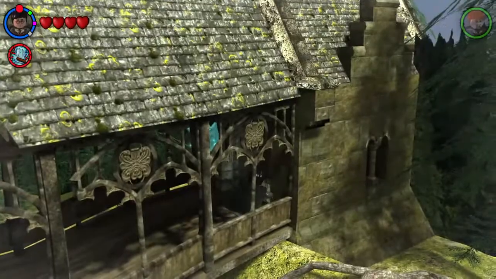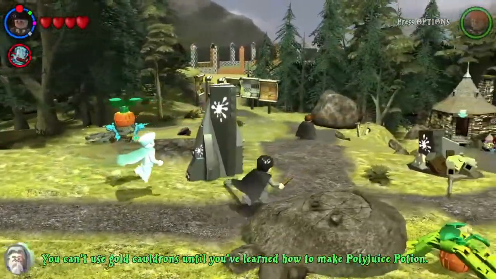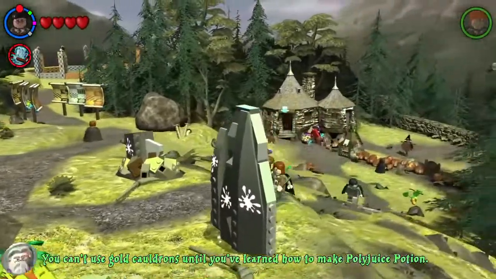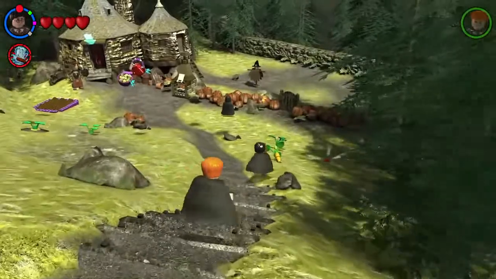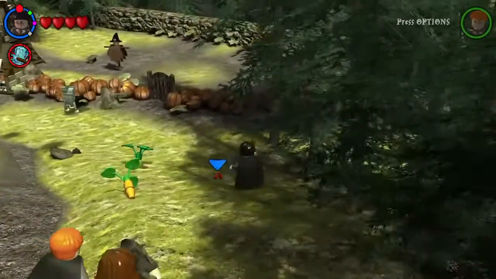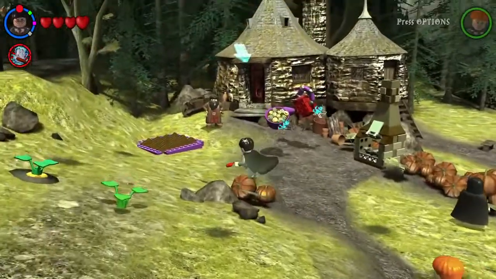Then, yeah, we're finally going to Hagrid's hut. And Ron sees what he really wants, which is basically being better than all of his brothers combined. Okay, where does this go?